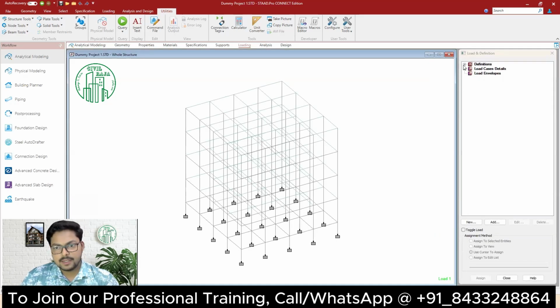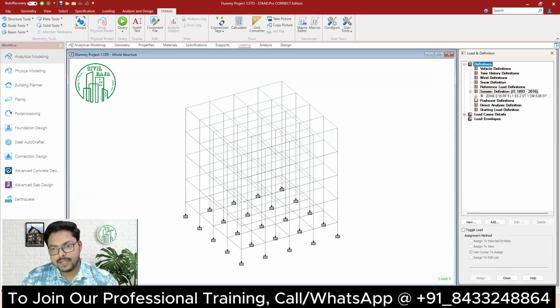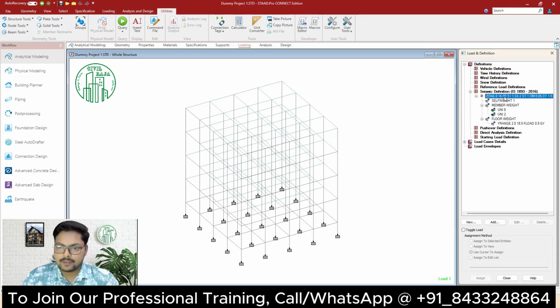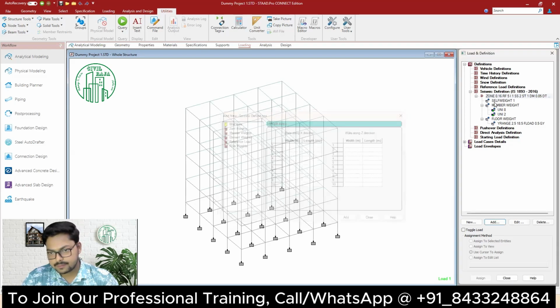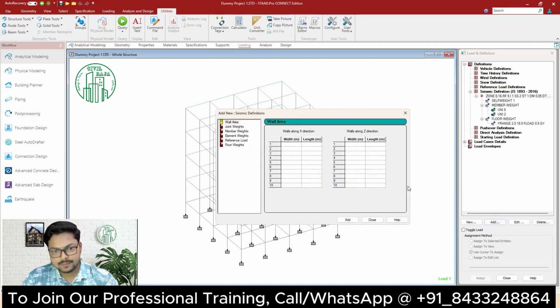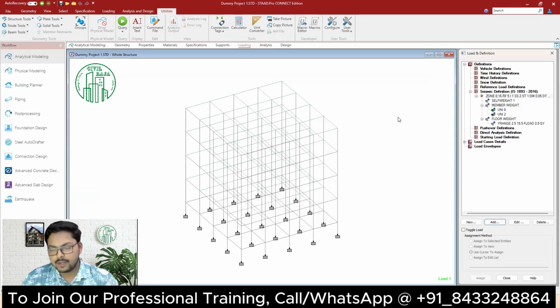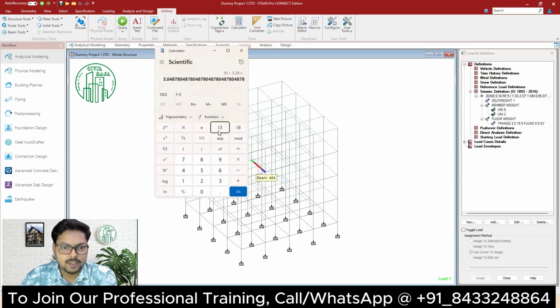So you can see in the definition itself, we have defined the self weight, the member weight, and then the floor weight. So we can also define it from here. Like I can click over here and I can click on add. Okay, so these things can be done from here also if it is not showing right now, but I prefer this method of doing the changes in the STAAD editor. Earlier the calculator was not highlighted, so I will show you over here, like 25%